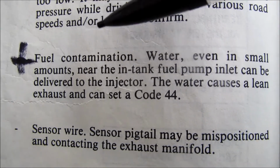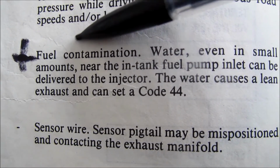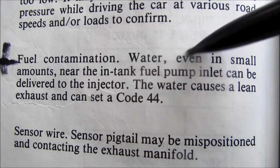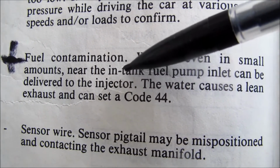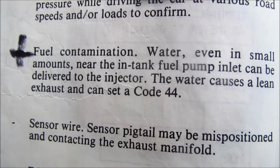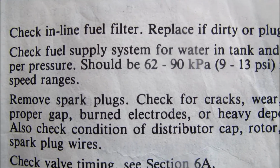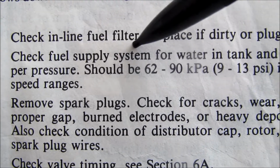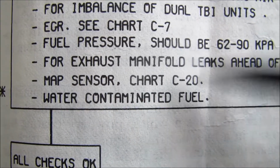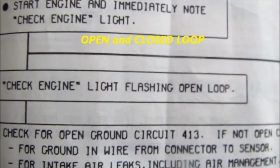But like under 6E248, fuel contamination, water, even in small amounts near the in-tank fuel pump inlet, can be delivered to the injector. It causes a lean condition. It doesn't go into why it causes a lean condition. 6E255, check fuel supply system for water in the tank. Again, over here, water contaminated fuel. If you're getting a check engine light flashing in an open loop,